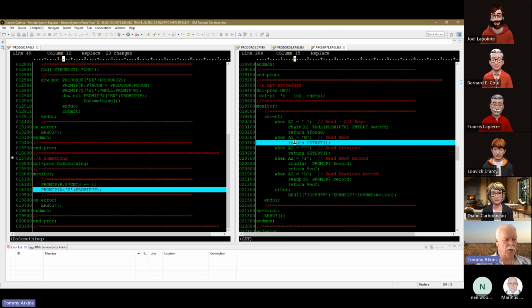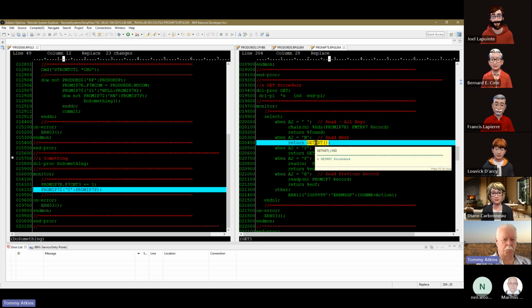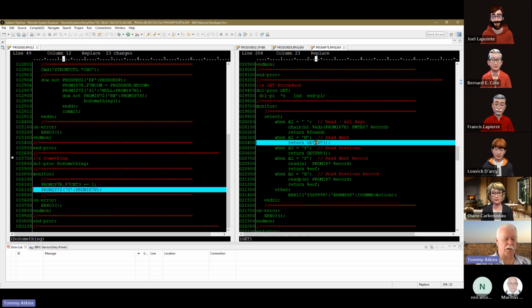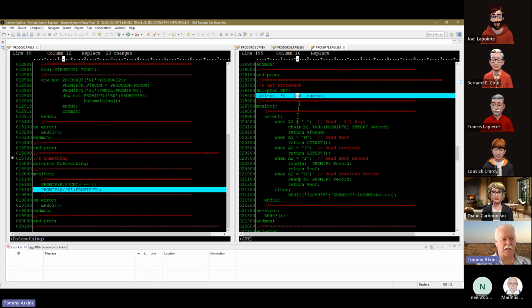And I return, and this again, Bernard, is another way of using this call to a procedure. Because this is a function, it will execute this function and it will return the value from that function. So it will return whatever was returned from that procedure. And that goes back because that is an indicator. So that bubbles that indicator up